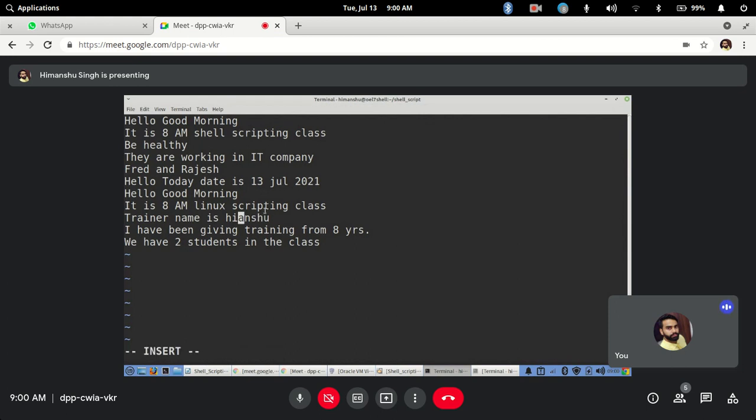It has deleted the character where my cursor was, the F character. Now it has taken me to insert mode, so whatever I want to insert, let's say multiple M's, I can insert. And I have to come out of insert mode using the escape key to go back to command mode. Clear?